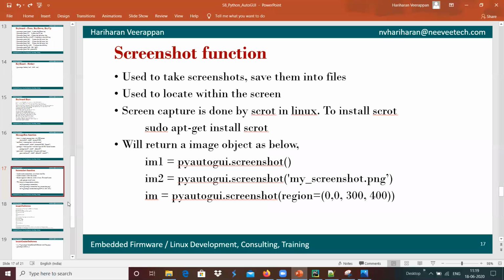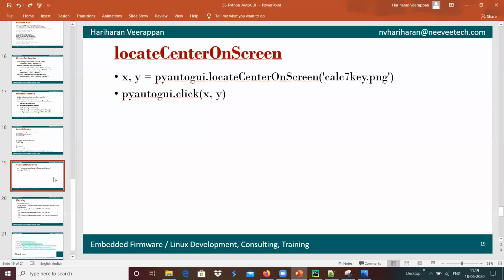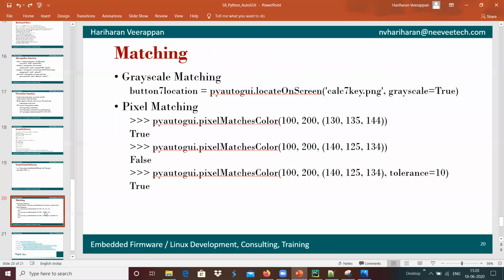And then we have the option locateOnScreen, and in a similar way we can use locateCenterOnScreen, which directly provides the x and y values, that we can get with the help of locateCenterOnScreen. For example, if we wanted to do the matching of colors, in that case we can use the function called pixelMatchesColor, for example at 100 cross 100.